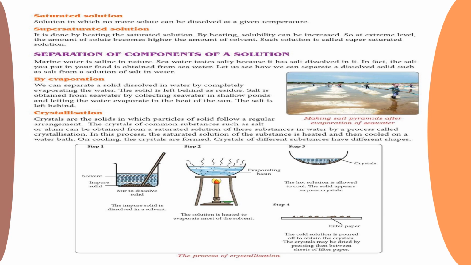Next, crystallization. Some pure substances which are solid at room temperature form crystals. The process of formation of crystals is known as crystallization, and it is an example of physical change. By obtaining crystals, we are able to purify certain substances. Pure sugar, urea, copper sulfate, alum, and table salt form crystals. The salt obtained by evaporation consists of many impurities such as sand, magnesium chloride, etc. The impure salt can be purified by the crystallization process.